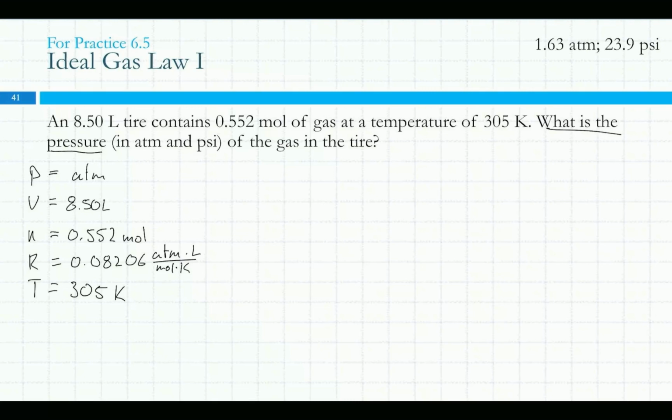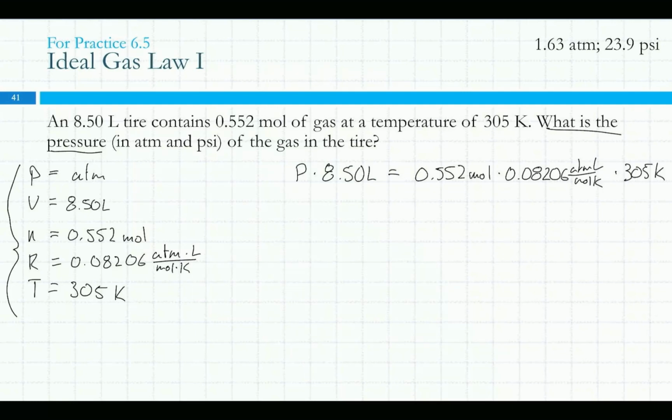Now this question asks, what is the pressure? So we're looking for the pressure, and we've basically written out all of the numbers that we do have, and we can just plug those in. Pressure times the volume, 0.552 moles, 0.08206 atmospheres liters per mole Kelvin,